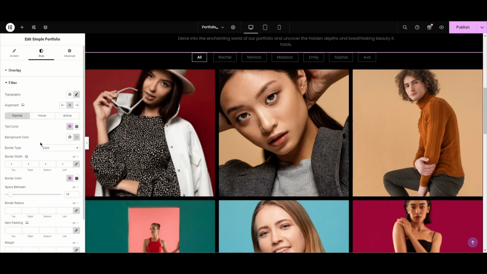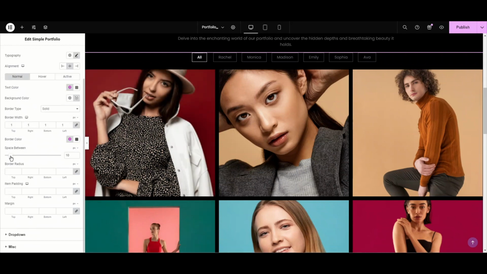Here we have the space between option. We can adjust the space between these filters by dragging this slider, or you can manually adjust this by adding some values in the counter. Let's say I'm setting this to 10 and look. Next up is the border radius option. The border radius tool allows you to adjust the shape of the element by rounding their corners.